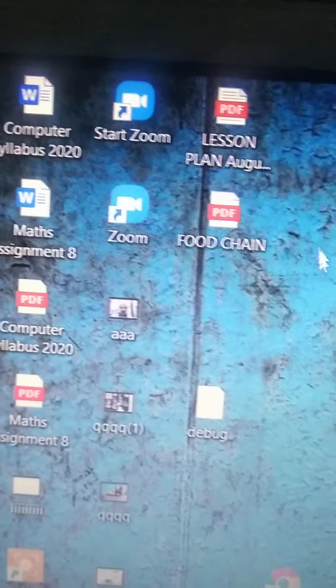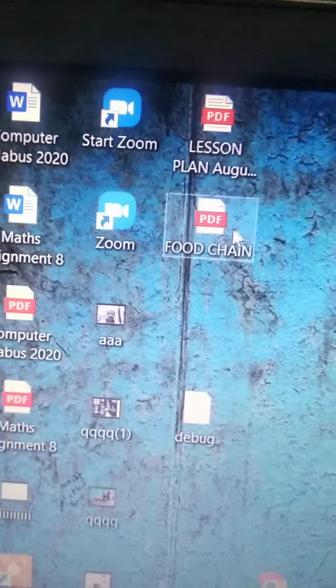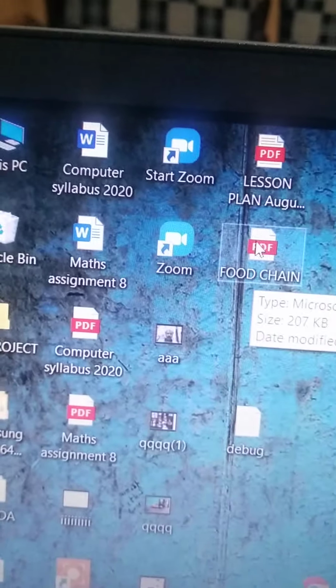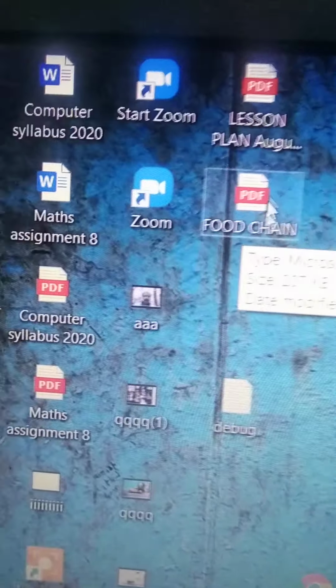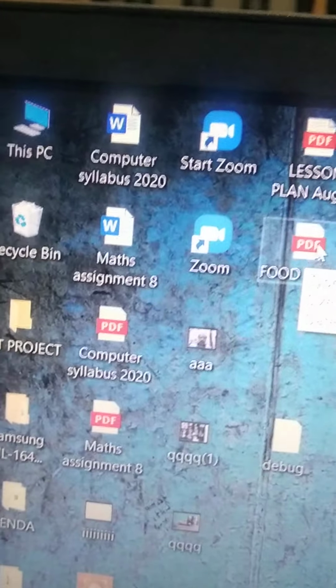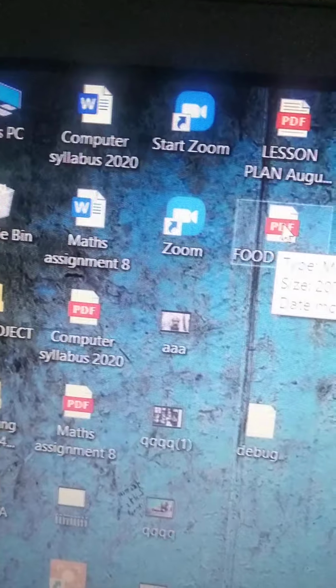Now let me tell you how to drag and drop. Suppose you want to bring this here. There's a PDF file here. You want to bring it here, in this area.